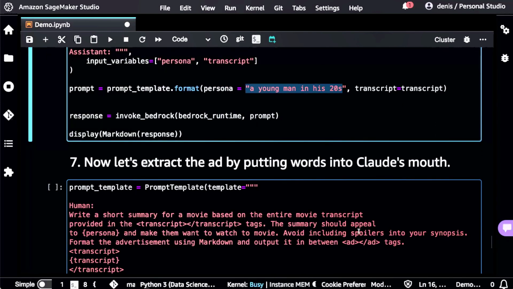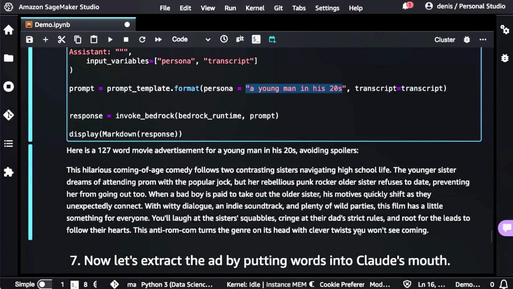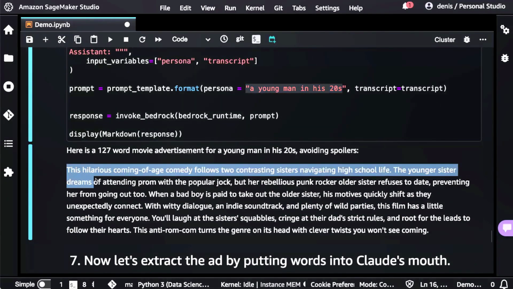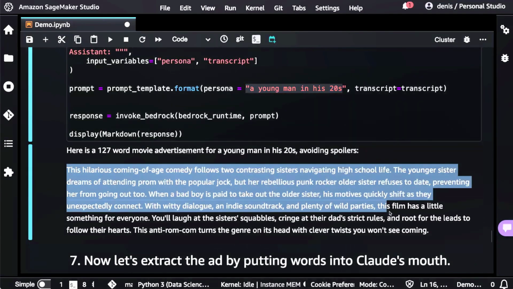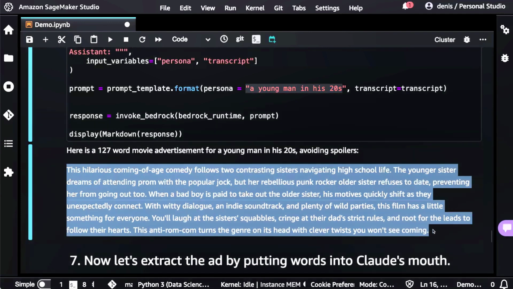So this is showing you the real time of how long it takes to run this prompt. It is a long transcript that Bedrock needs to read through. And now we're seeing that different terms are starting to be used: attending prompt with popular jock, rebellious punk rocker, bad boy, and also throwing in some other things here. So interesting, right, that with the same exact transcript, we can now customize it to a different